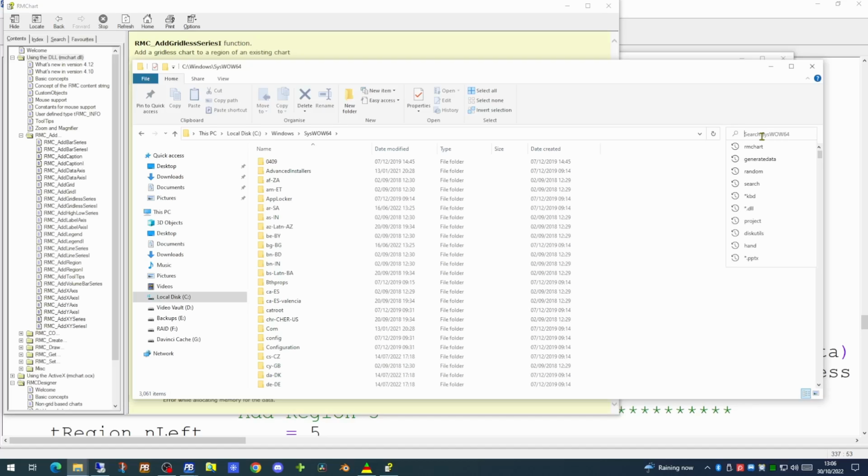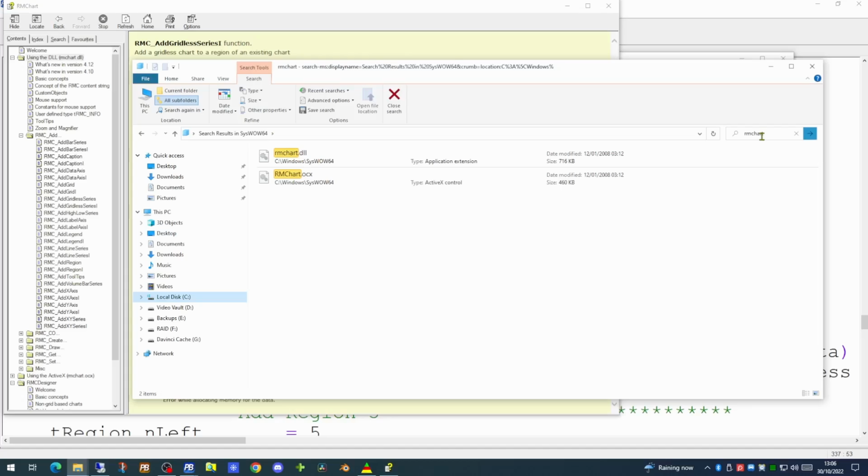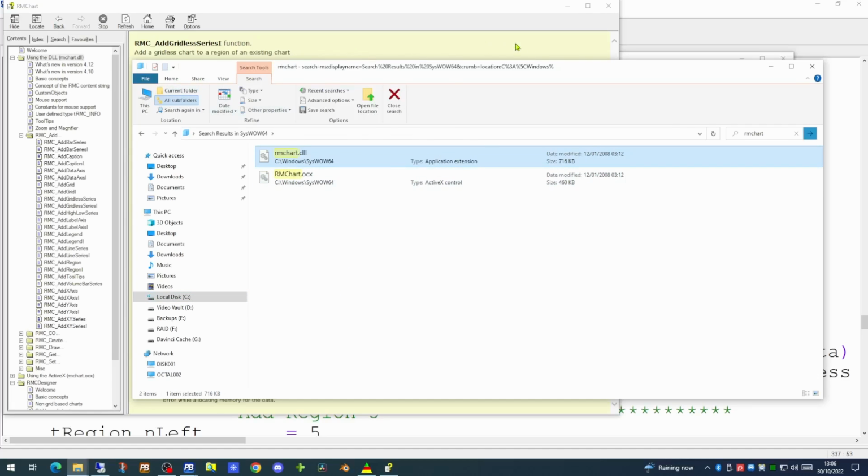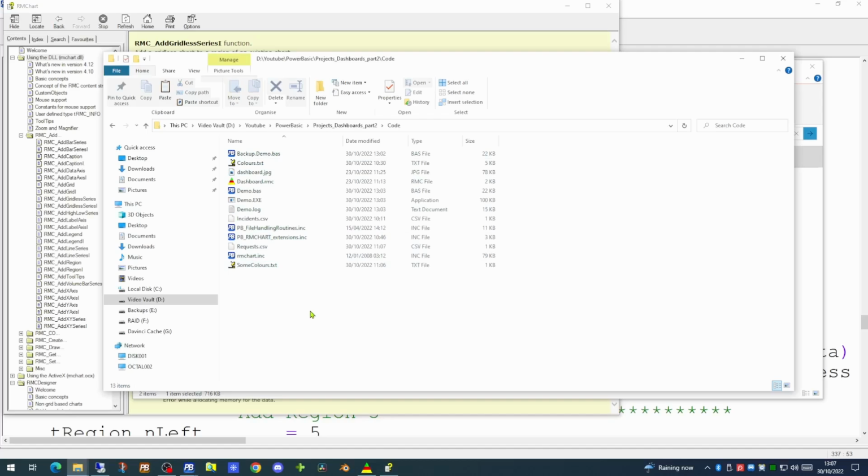If we look for RMChart, you'll find there are two files beginning with RMChart, the DLL and the ActiveX control. As we're using the DLL, this is the one we're interested in. We can quite happily copy this DLL and we can paste it into the folder containing our executable. And there's the DLL in place.